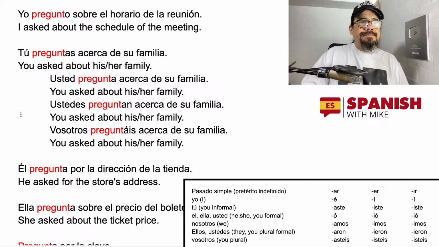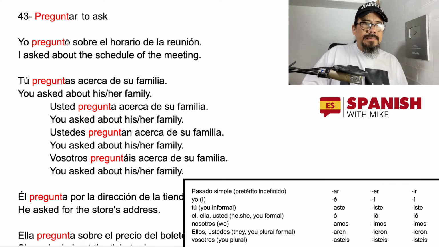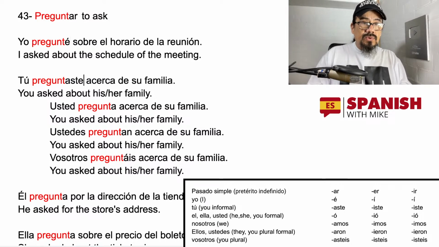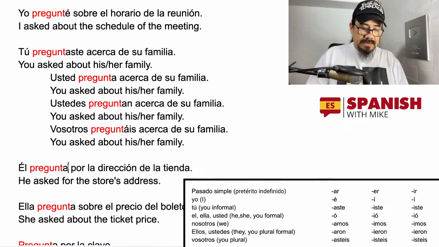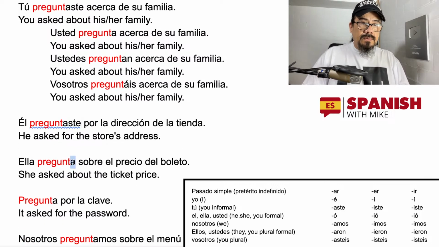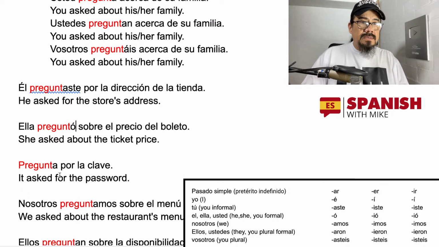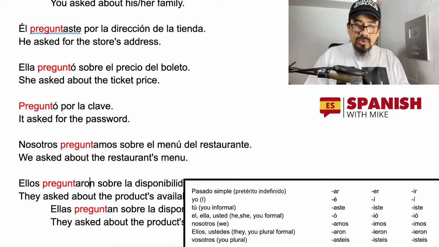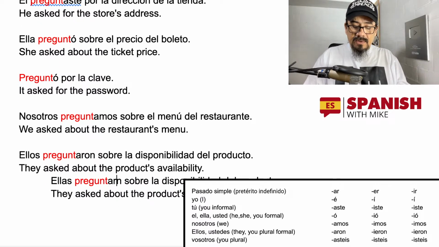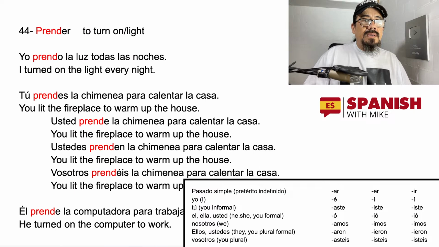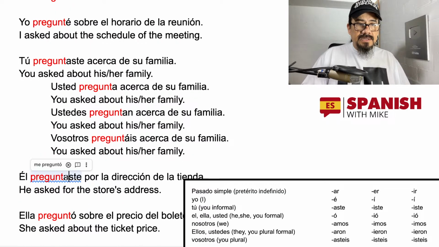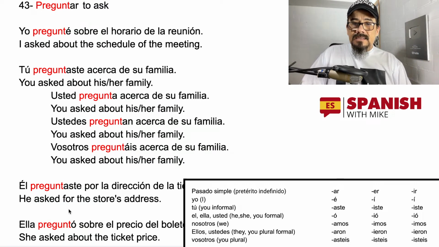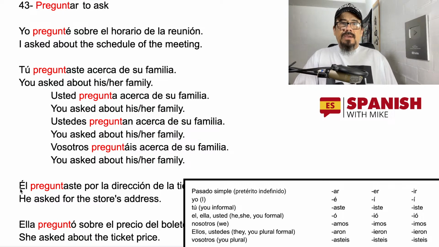Okay, what happened here? I'm going to have to do this here. Preguntaste. Preguntó. Okay, it seems for some reason I didn't save the last changes, and I'm going to have to stop here because I still have some verbs, and it seems I didn't finish this. So for some reason, well, I did, but for some reason, it seems I didn't save the changes. So we're going to have to stop here with this one.